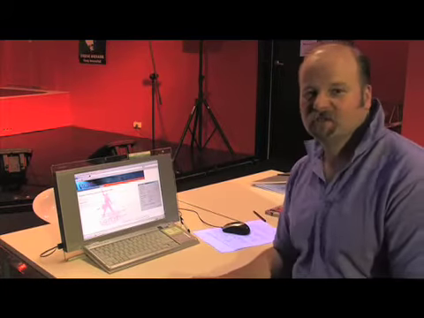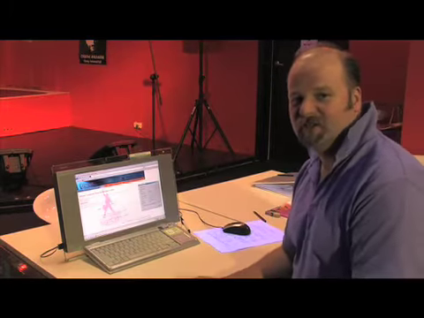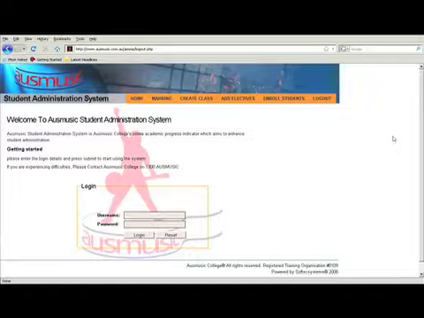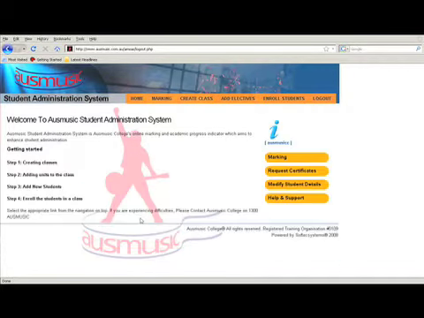I just wanted to take you through a few extra steps of the student administration system. So we'll log in. Your login details have been sent to you. If you haven't got your login details, then you need to contact Ausmusic on 1300 Ausmusic or send us an email. So I'm just going to log in here,